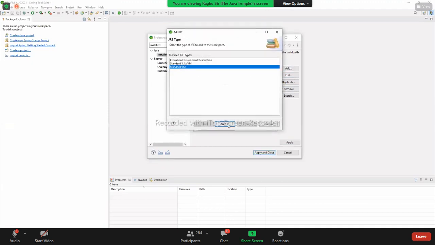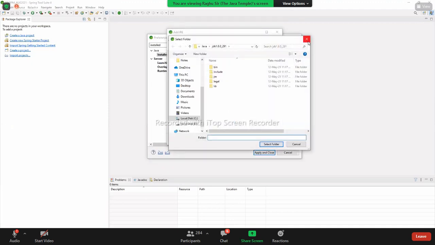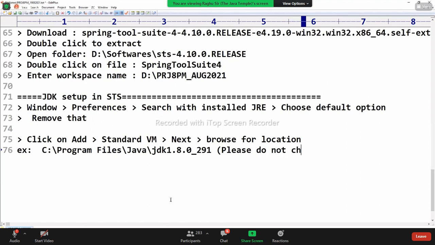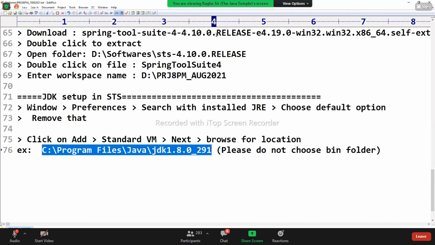Click on Directory. Please do not choose the bin folder; the home folder is required. If you set this, even the JDK path in your OS is not required.